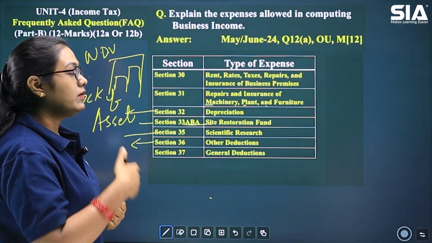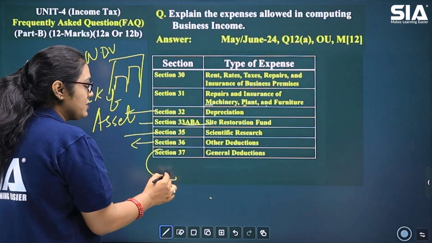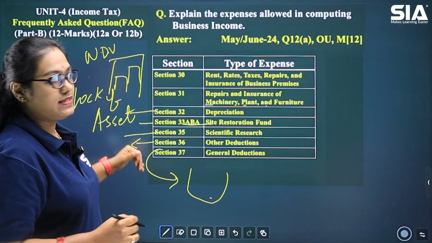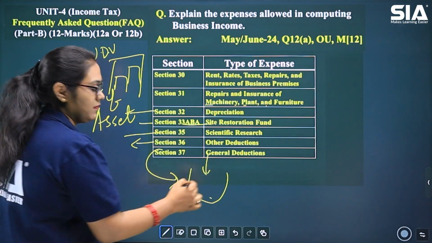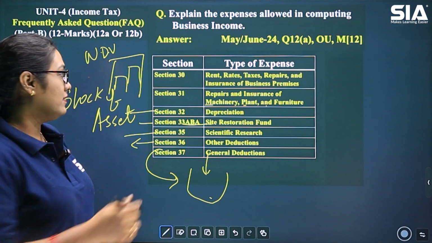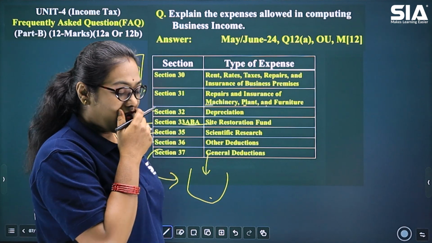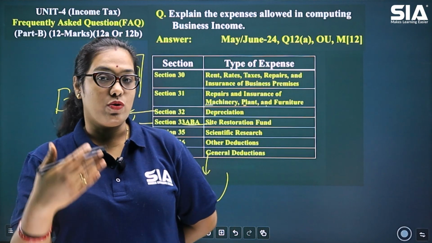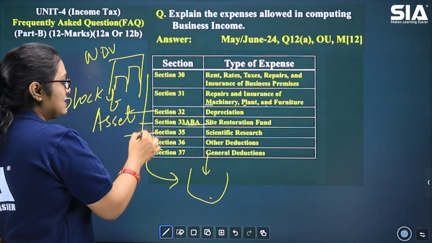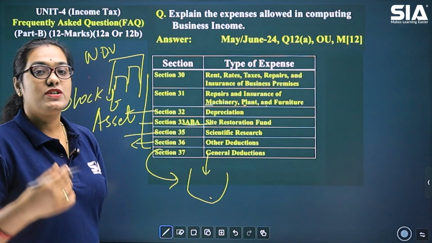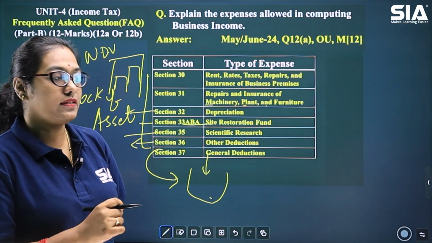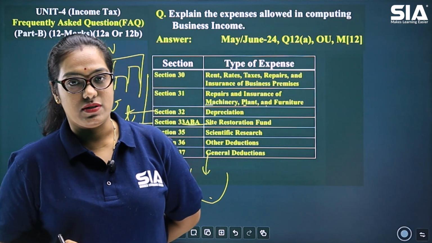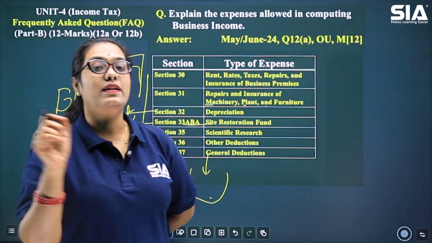Okay, then what about general deductions? Then general deductions is like a dump. Anything that does not fall between section 30 to 36 comes under this. Okay, so what did we miss then between 30 to 35 or 36? We have missed something called advertising expenses. Then there are other types of expenses also which are not covered in these sections. So any expenses which are related to business and have not been considered between section 30 to 36 will come under general deductions. Okay, so general deductions also should be related to business.